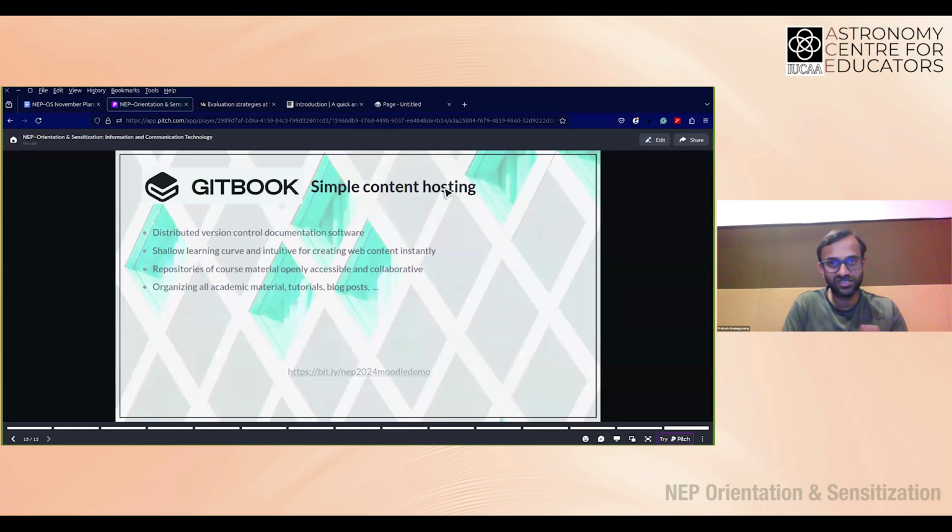There are many tools, obviously. I use a lot of tools too that I haven't covered here, but we can have a discussion since we have a lot of teachers from various regions and universities. You can do two things. One is if you have a problem that requires an ICT solution, you can bring it up, and not just me, anybody can answer depending on their experience. The other is if there are tools that you swear by, that solve an important problem and you would highly recommend to others, just like I'm doing for Getbook over here, then you can mention that as well. I'm sure that will be quite useful for everybody.